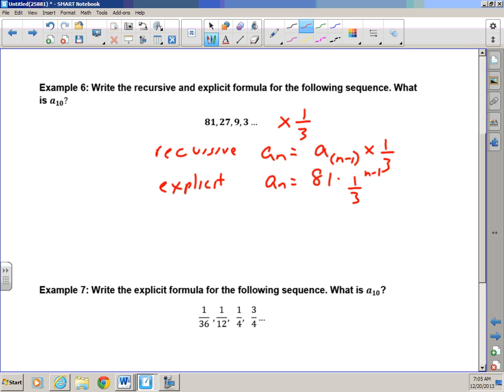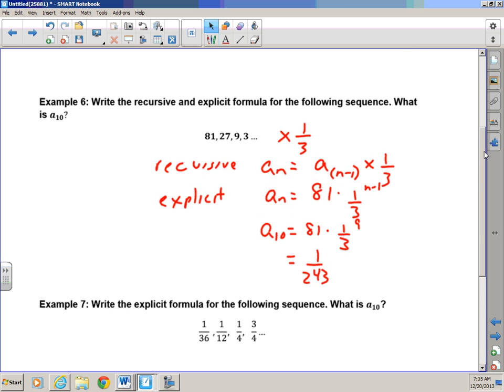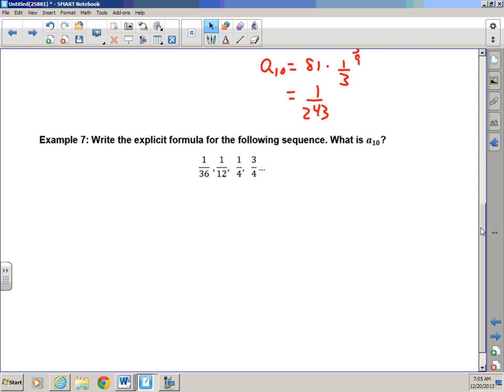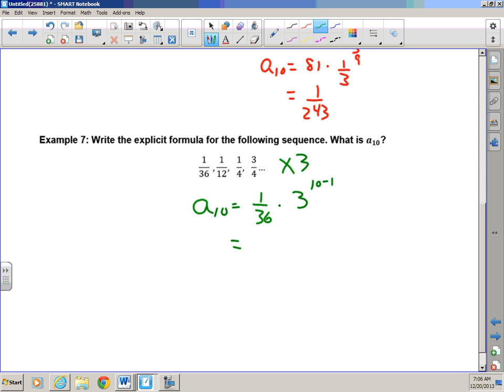And if I want to find a sub 10, it's 81 times 1/3 to the 9th power, which is 1 over 243. Okay. And lastly, what's happening here? I'm multiplying by 3. I want to find a sub 10. It's 1 over 36 times 3 to the 10 minus 1 power, which is